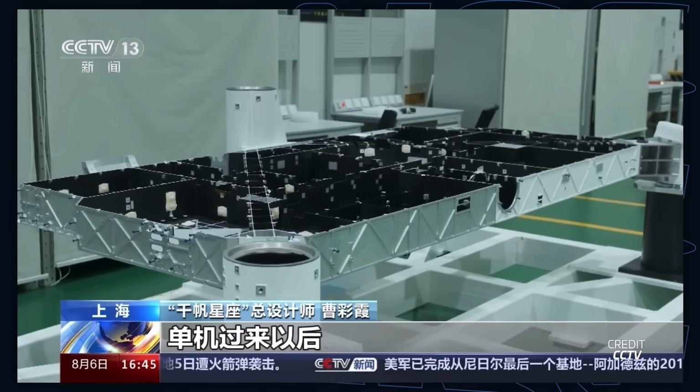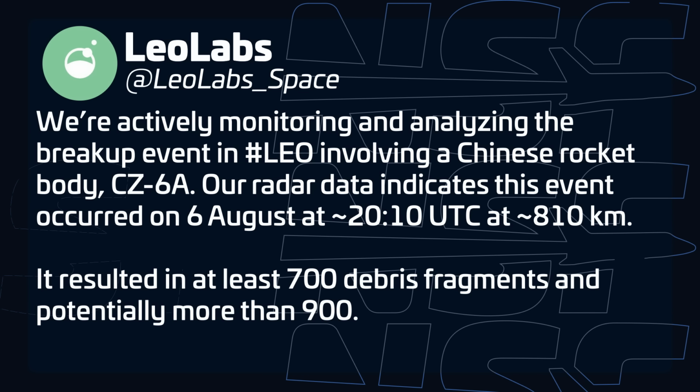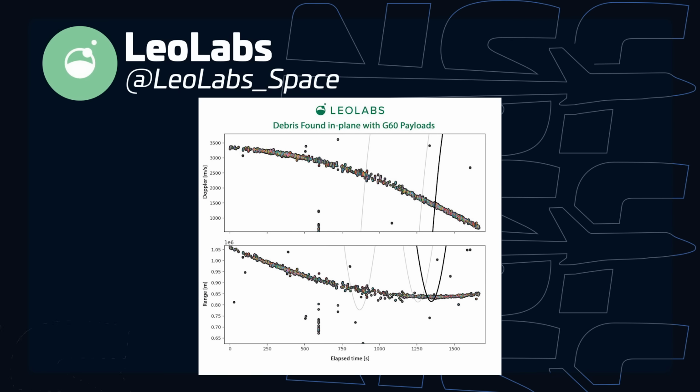Later in the week, it was reported that the Changzheng 6A upper stage had exploded a day after satellite deployment. Several organizations have now reported tracking debris from the breakup, with LeoLabs tracking over 700 pieces of space debris. Alarmingly, these explosions seem to have become the norm for this rocket, as the upper stages for 4 out of the 7 Changzheng 6A launches did not re-enter in one piece, but rather broke up and left a lot of